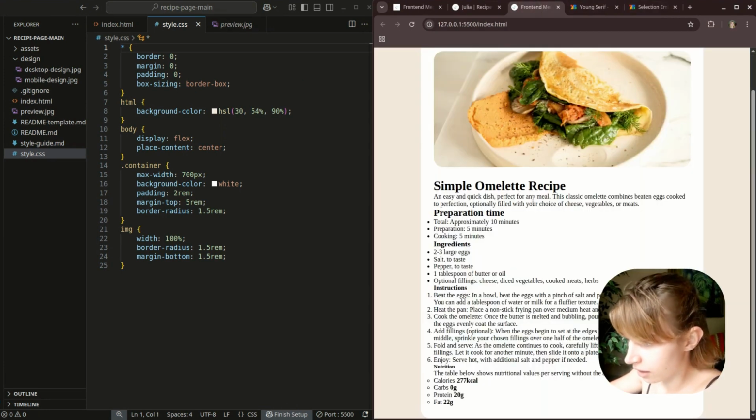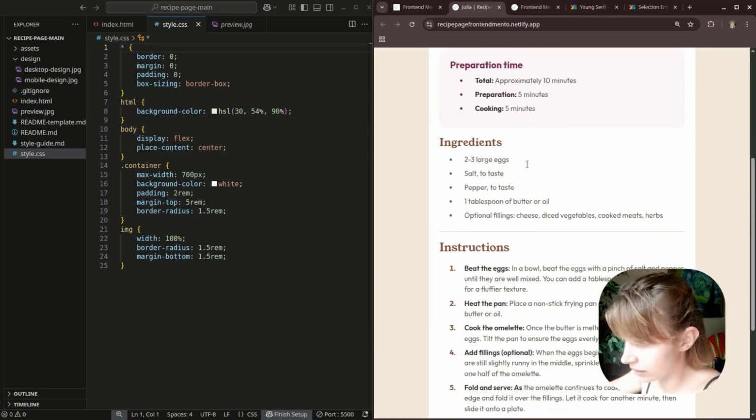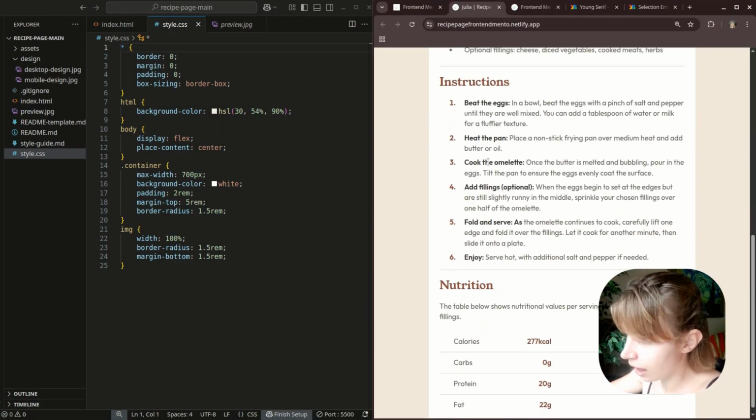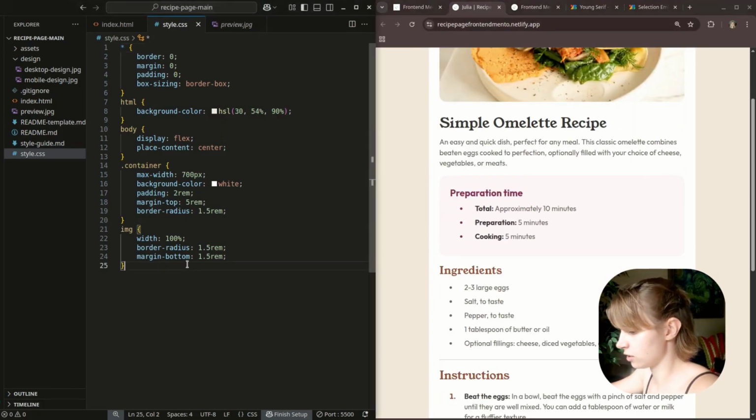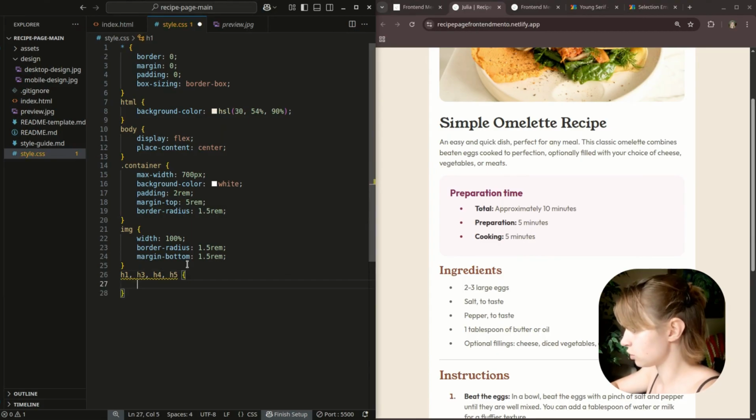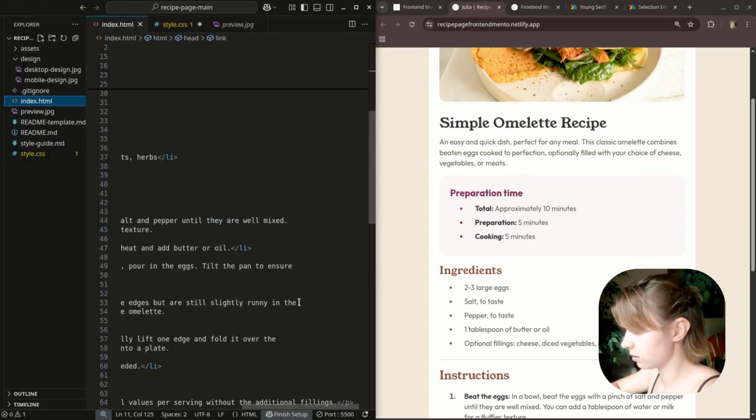And all of the lists and the descriptions, so the p tags, all of them have the Outfit styling. So I can do H1, H3, H4, H5,